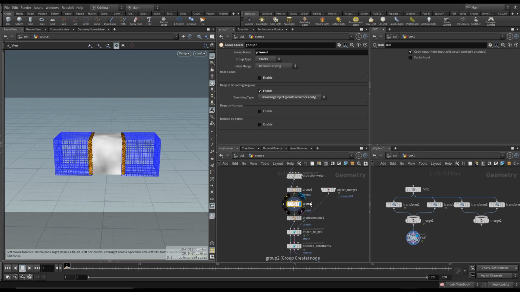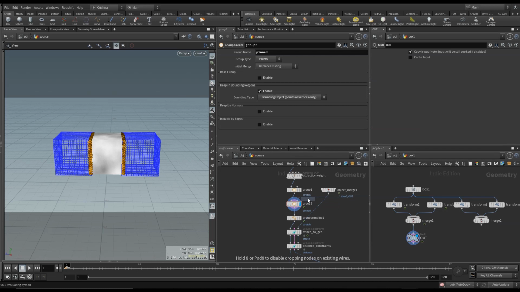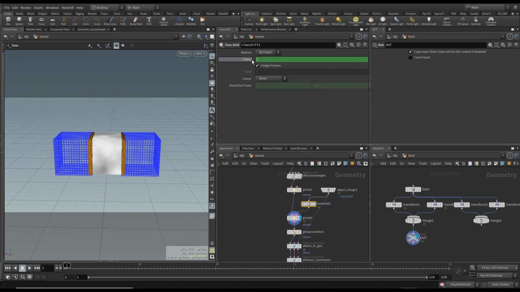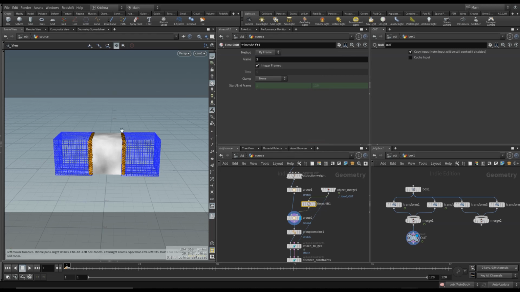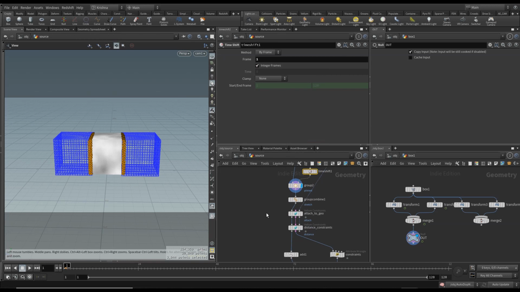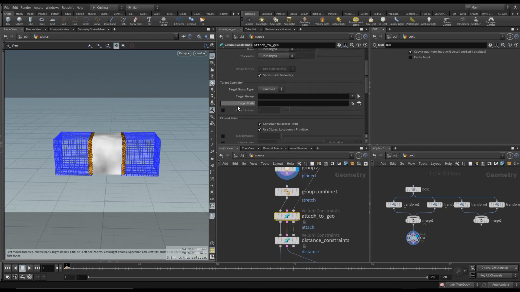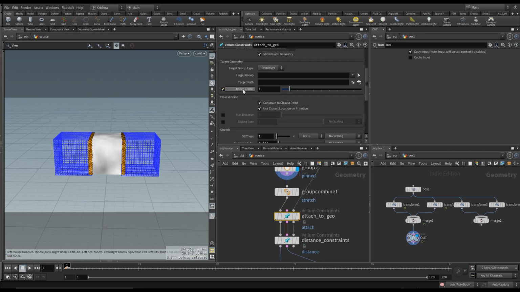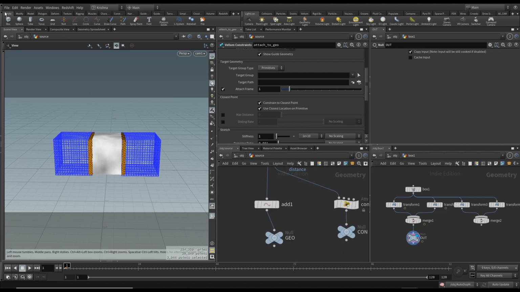We don't want that. So what I'm going to do is create a time shift node and put it in here and delete the channel so that it stays at frame 1. Okay, so there you go. And also in the attach to geo constraint, I want to check attach frame as 1 so that it knows that's the attached frame. I'm going to save this now,